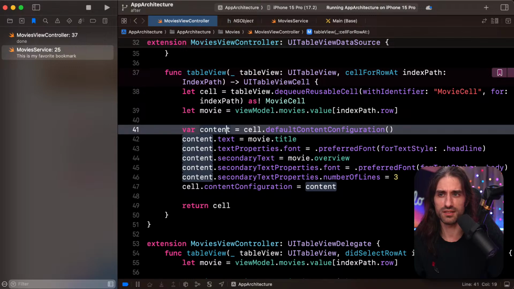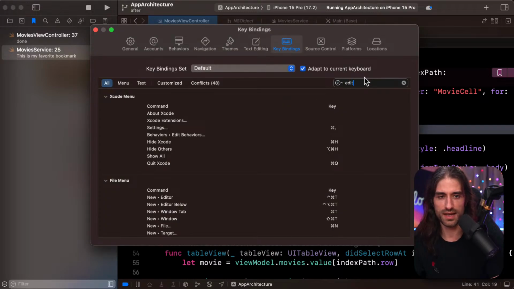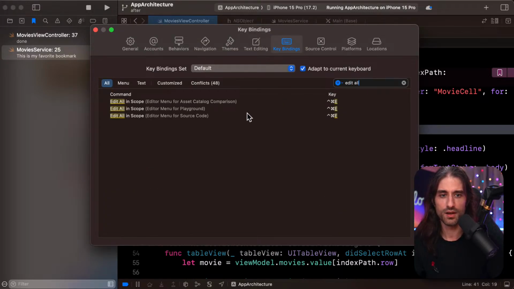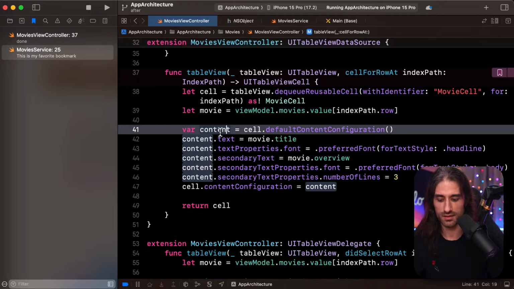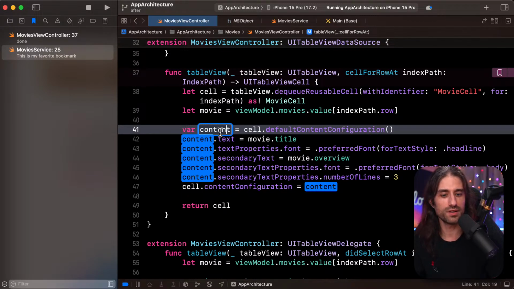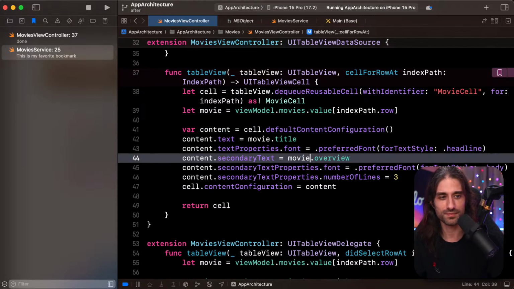You know what? Let's check. Edit. Oh, look at that. Control Command E. So there is one actually. So yep, there is one. Control Command E. There is one, and we've learned something more. So we've learned 66 tips, actually, not 65. We've learned one more. So thank you for the question.